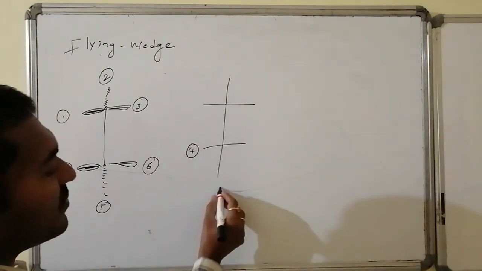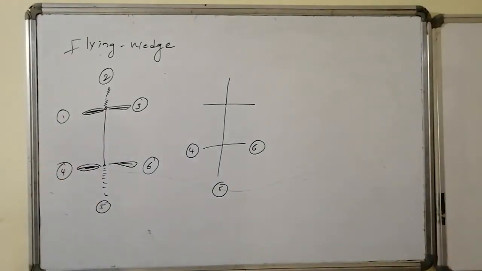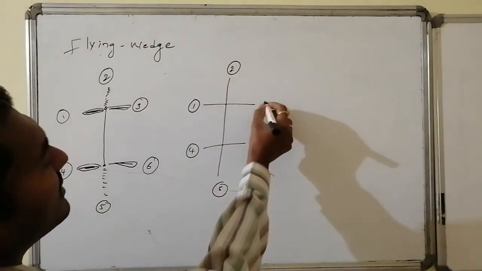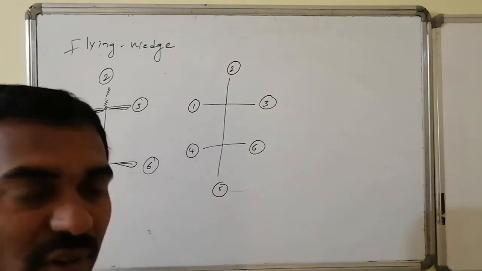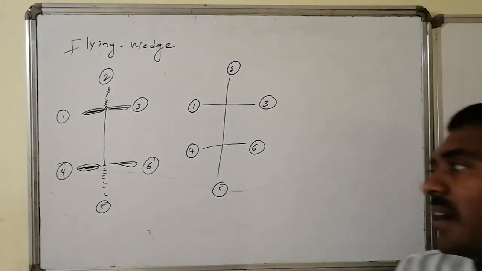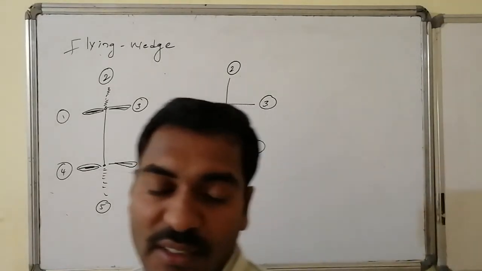are written as they are: 4 at the place of 4, 5 at the place of 5, 6 at the place of 6. And whatever valencies are present on the top carbon atom are written as they are. So this is 1, this is 2 and this is 3. This way of representation is known as Fischer presentation. In this, we are not unnecessarily writing the flying wedges, above the plane or below the plane. Always we indicate things with straight lines. Whatever the valencies are, they are once again written as they are in the beginning.